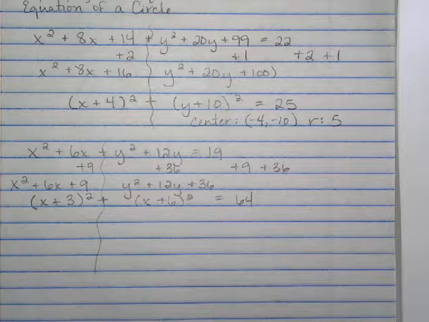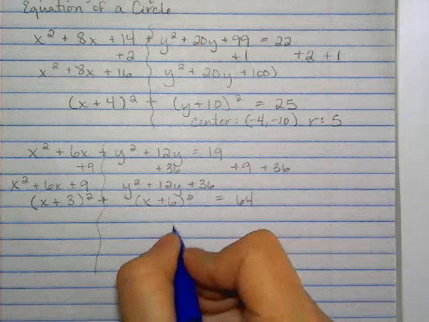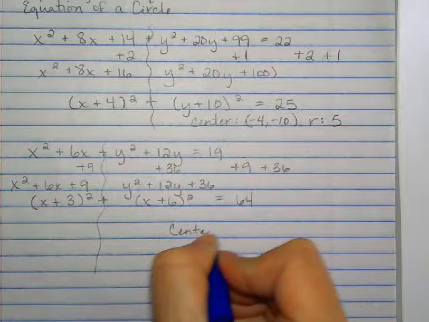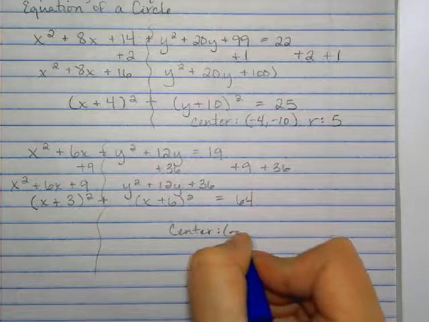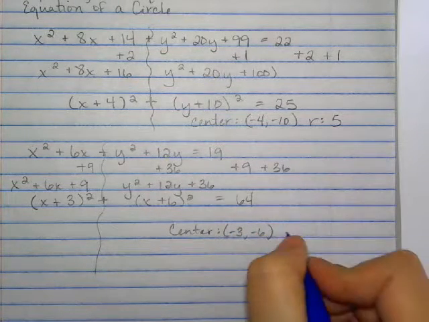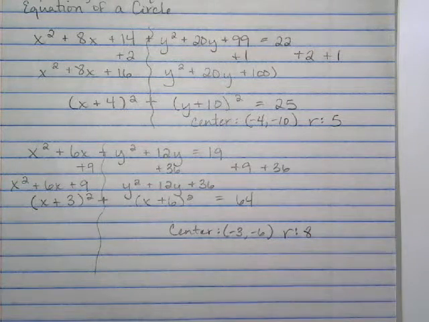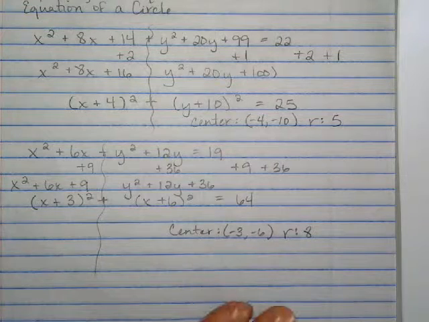Yeah. So, then, once again, I'm in graphing form. So, my center is at -3, -6, and my radius is the square root of 64, so 8. And that is completing the square to find the